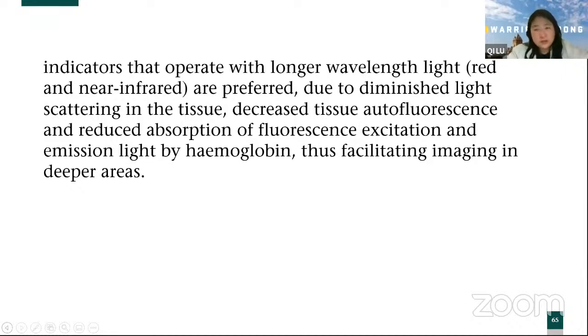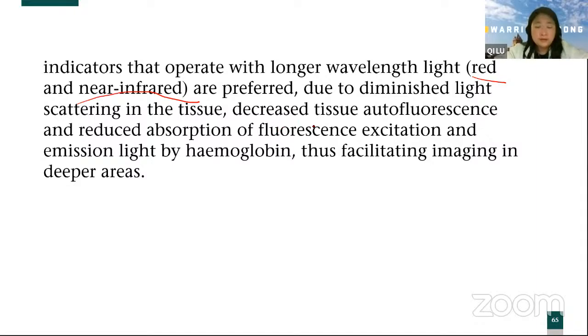So for the voltage indicators, it is very preferred to use red and near infrared light signals. Also, near infrared can diminish light scatter in the tissue, because longer wavelengths can penetrate tissue better, decrease tissue autofluorescence, and reduce absorption of fluorescent excitation and emission light,